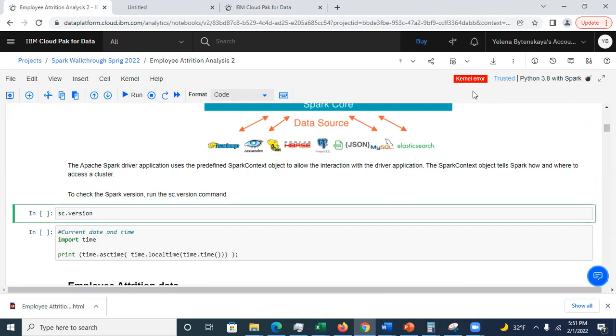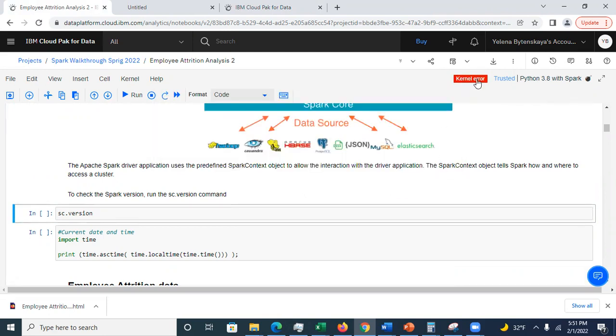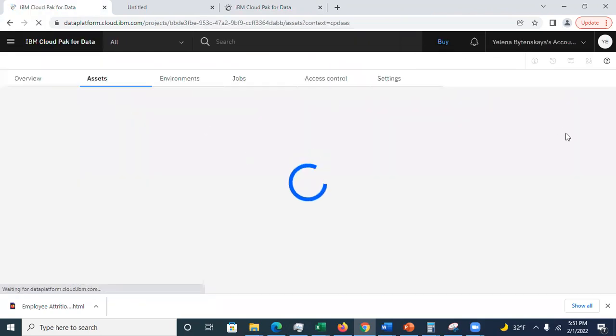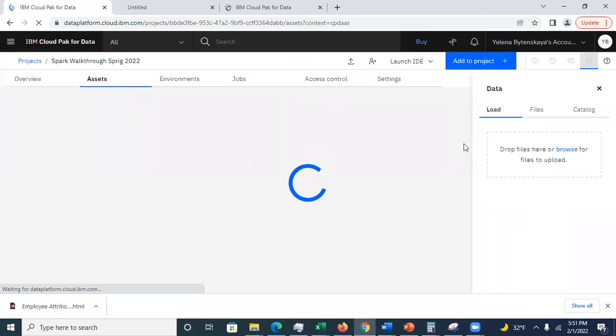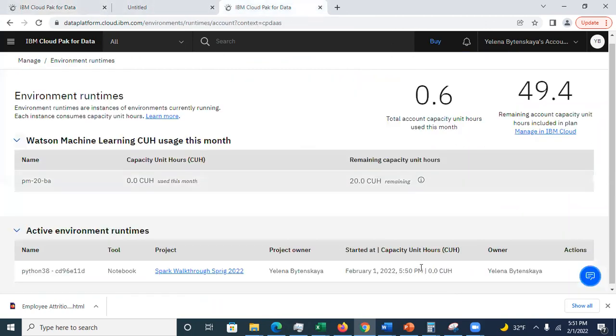See this? Sometimes it won't fix it. Sometimes you have to delete the notebook. But let's see. Fail to start the kernel. Let's do this. I'm going to exit this and say leave. Right, so this is my notebook. I'm not sure if that checkbox was checked, but let's go back